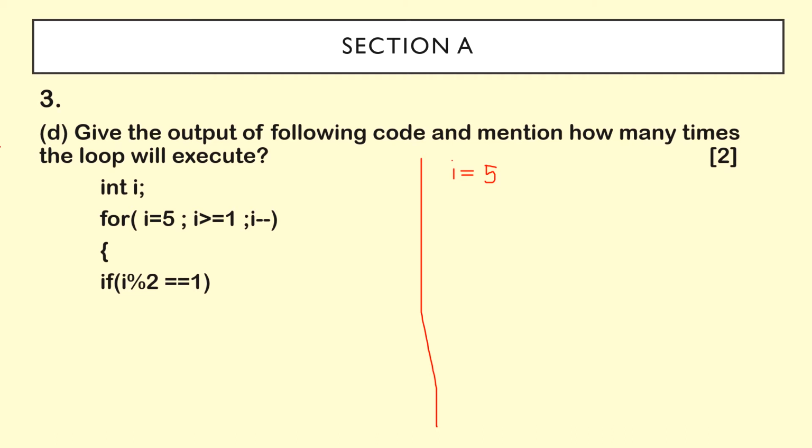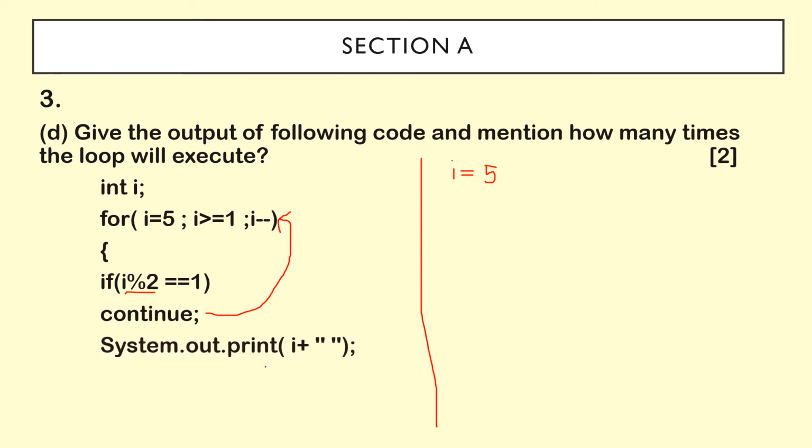So if you don't know, mod is an operator which will find the remainder. So I mod by 2 means if I'm dividing by 2, then what is the remainder? The remainder of 5 divided by 2 is 1. So whenever this is happening, say the first case, the remainder is 1. It will continue, meaning it will not proceed further but rather move back. Here the condition will move back to the for loop. It will not proceed further.